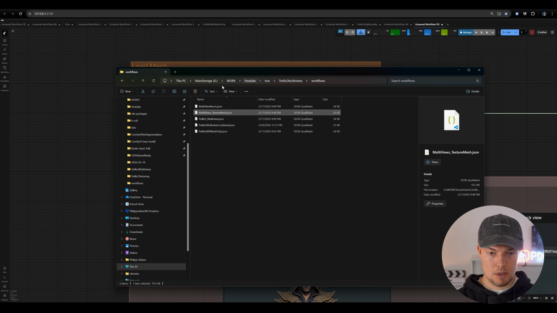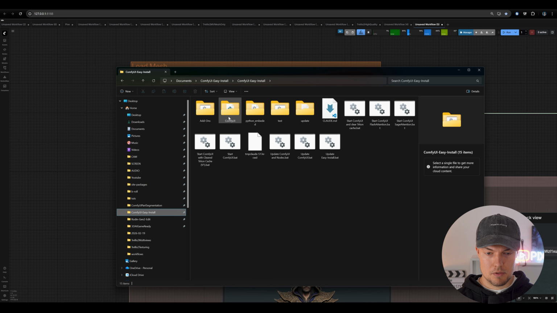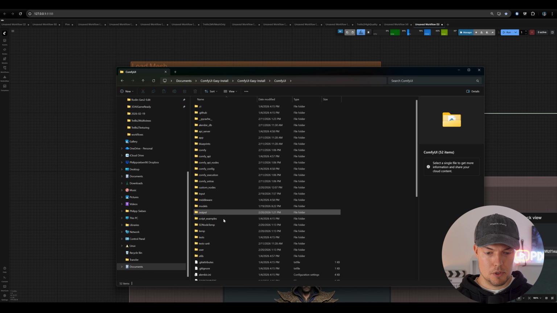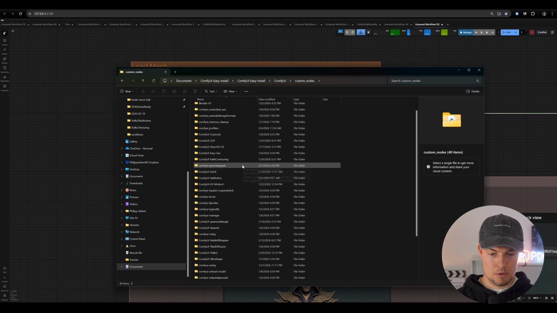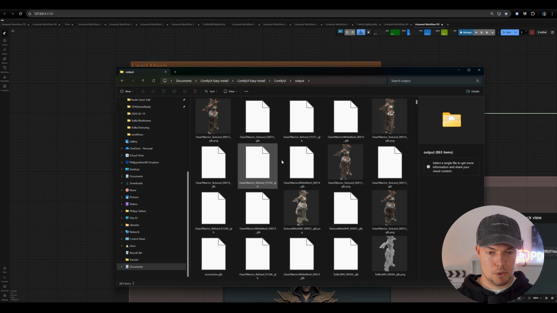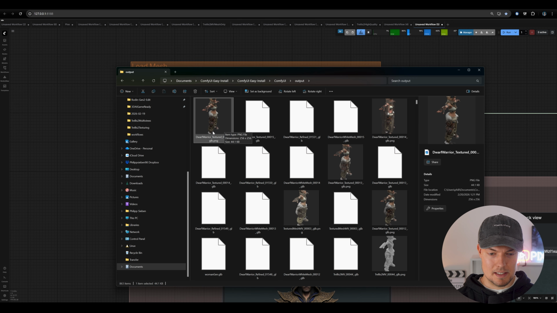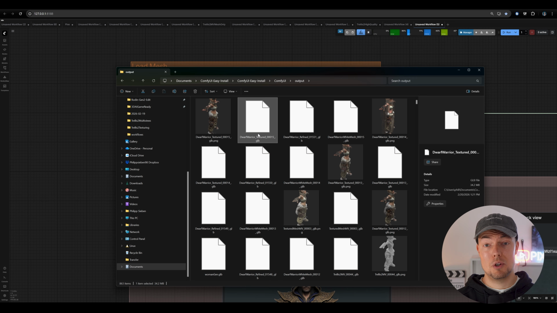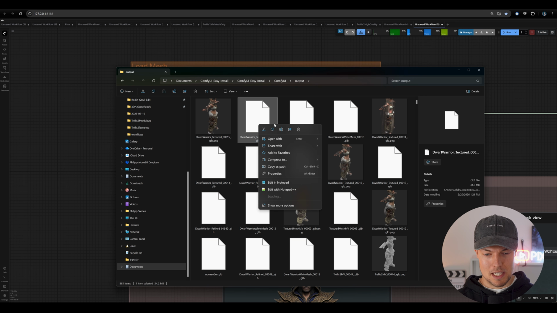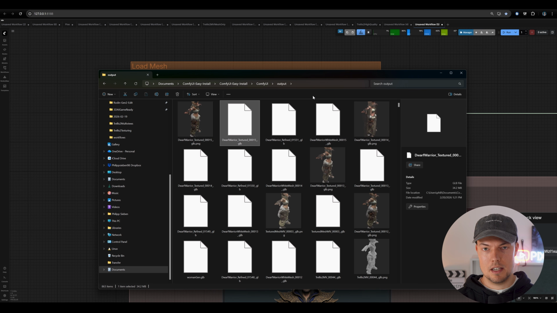To do that it's very simple. We will go to our ComfyUI folder, which is over here. Then I will go into ComfyUI, then into custom nodes, then into output. And over here you will see this is the latest character that we had. Of course, here I called it Dwarf Warrior, which is of course wrong for this one. So just make sure to rename it up front in ComfyUI, there's a renaming node that you can use in the workflow, but for now